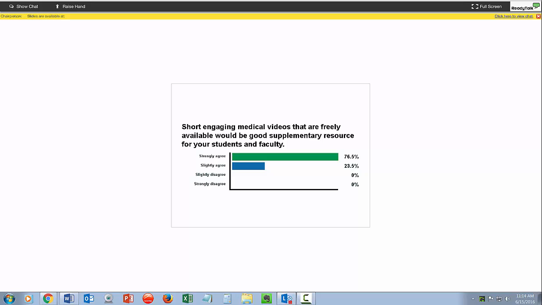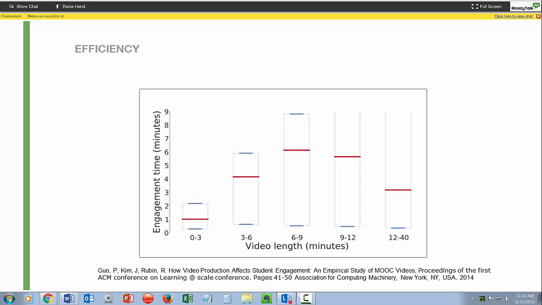So we did a little bit of research. We wanted to say, okay, we want to make things free, we get that, but what about quality and what about engagement? What's the data tell us? There's a citation here at the bottom. Guo did a fantastic paper on MOOCs, particularly looking at edX videos and Khan Academy videos, and found that